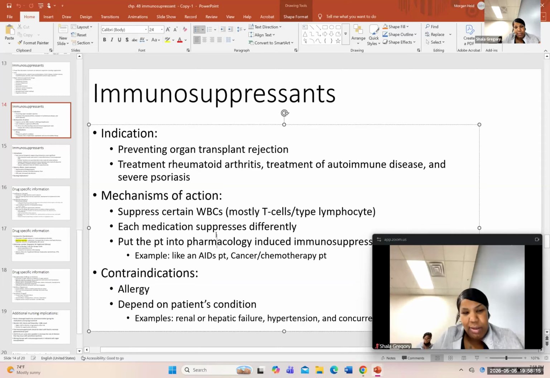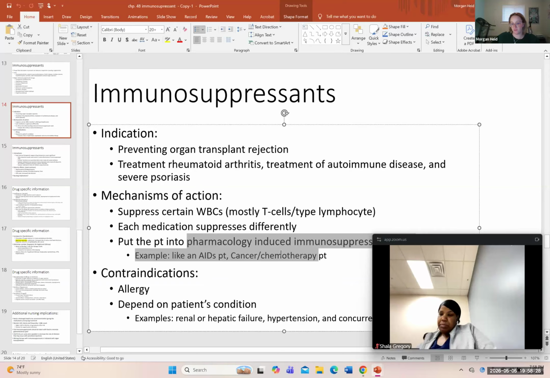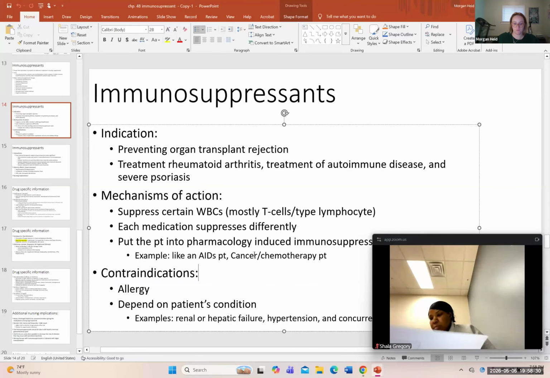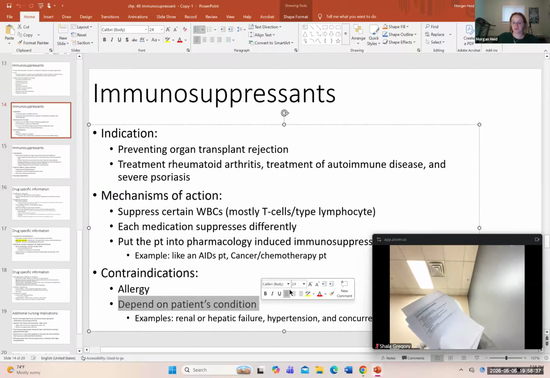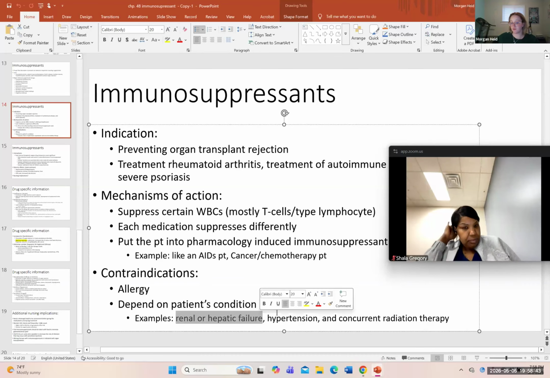Yes. Okay. However, that gives me a bad side, as now I don't have as much immunity. So we put them into a pharmacology-induced state of immunosuppression, which means we're giving you drugs to make you immunosuppressed. Allergies are always a contraindication, so those are on there like always. And then it depends on the patient's condition for the contraindications. However, they probably shouldn't take this if they have kidney or liver issues,